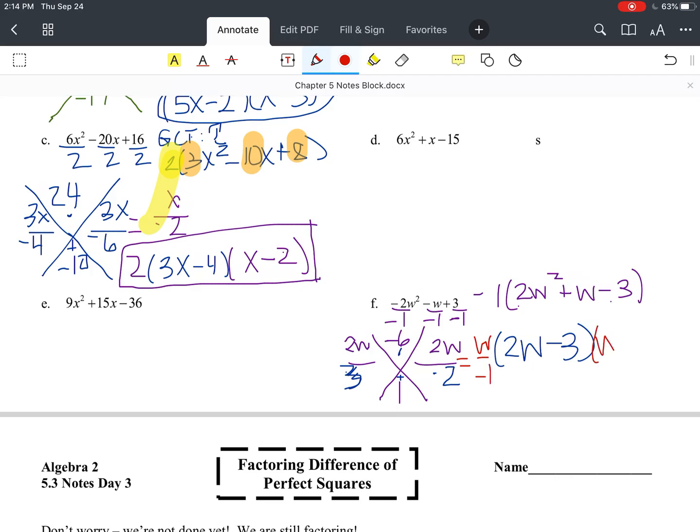Again, you have to keep a negative in the bottom. So then w minus 1 will be my second factor. Also remember, we had this negative 1 out in front. We can't forget that in our final answer. So my final answer is going to be negative 1, or just negative, parenthesis, 2w minus 3, w minus 1. And that's how you factor trinomials where it's in the form of ax squared